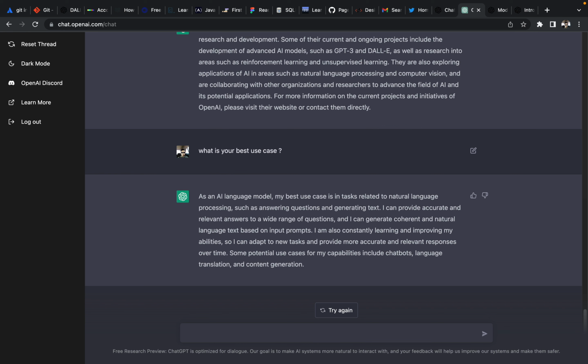It says that it wants specific answers, specific questions, specific details, but it's giving general answers. So we need to dive deep to understand what it means when it says answering questions. What type of answers to what type of questions? What type of text generation? I can provide accurate and relevant answers to a wide range of questions, and I can generate coherent and natural language text based on input prompts. And I'm also constantly learning and improving my abilities so I can adapt to new tasks and provide more accurate and